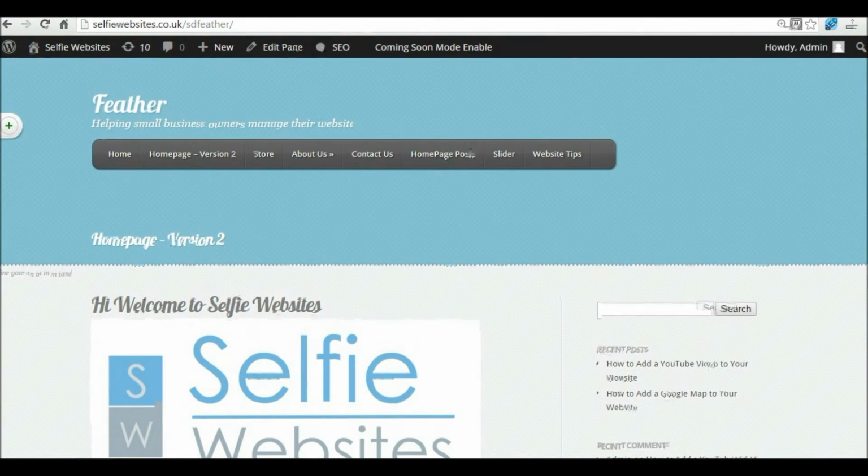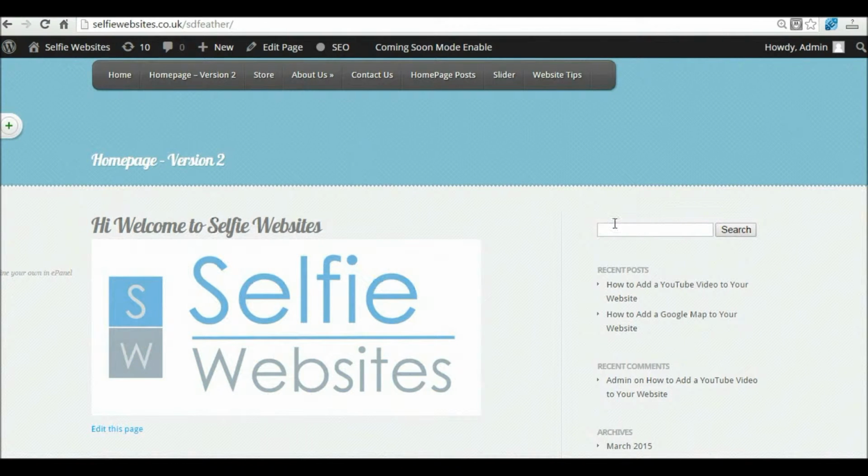Okay, so that's a start, but what if we want to take off the widget area? Perhaps we want to get rid of this area so we can have additional content on here instead. How do we do that? We can do that in exactly the same way as we would edit a page normally. So we're going to go into edit page,